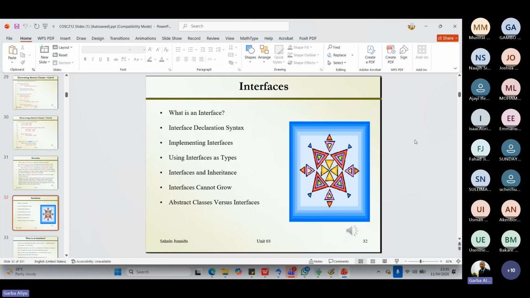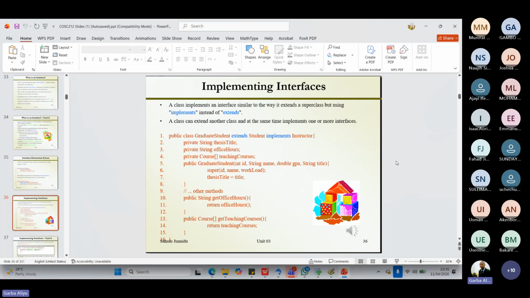Of course, from the word interface, it is something that bridges between, let's say, two classes that are not related to some extent. Like, for instance, in the class hierarchy, we have seen how a student,